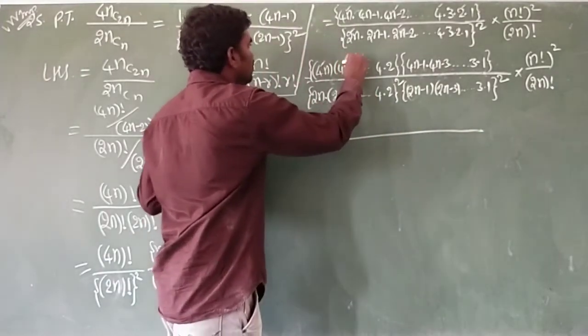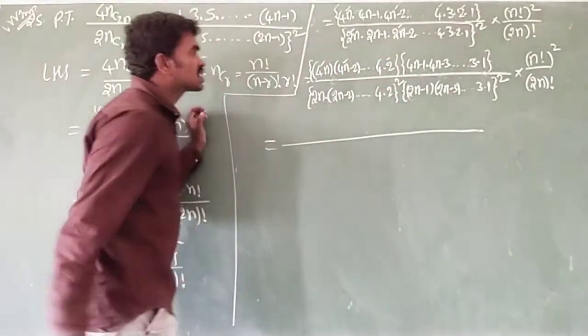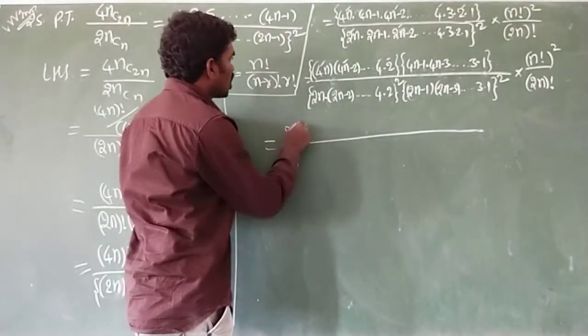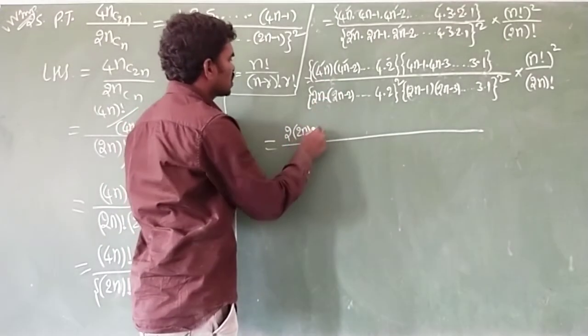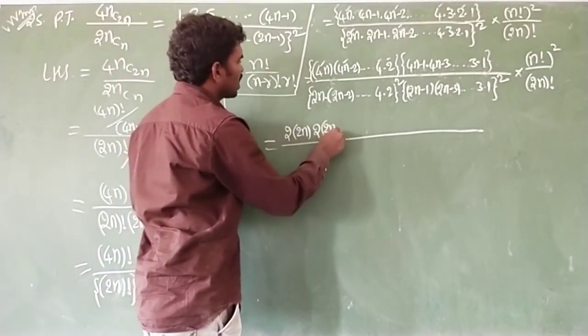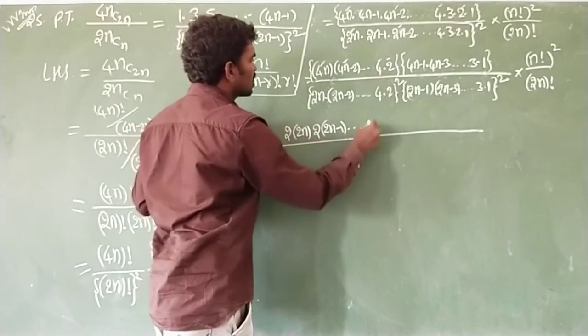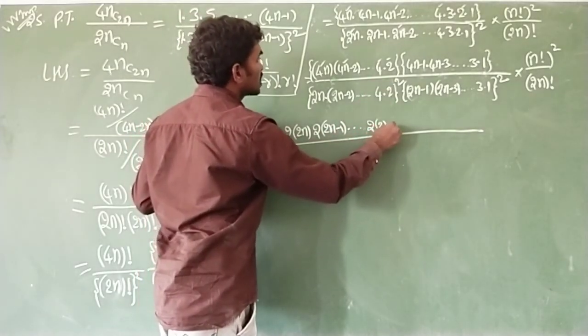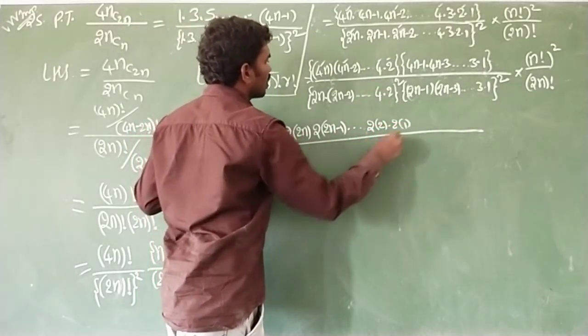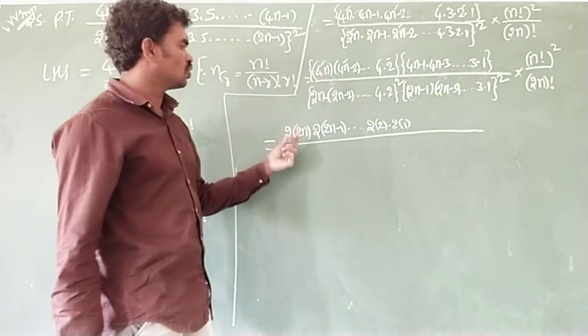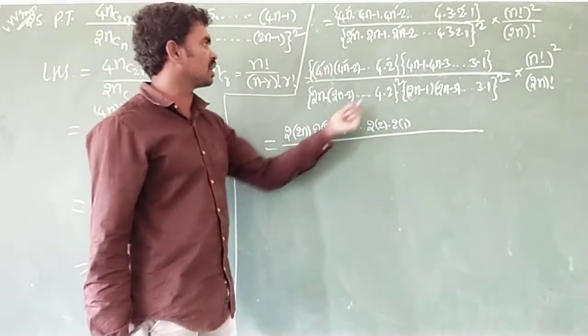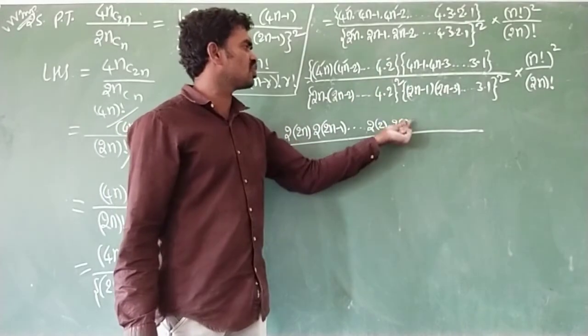See, in each and every even term, you can take 2 common. So take out 2 common, we get 2n. In this take 2 common, we get 2 into 2n minus 1, and so on. In this take 2 common, 2 into 2. Next, 2 into 1. In 4n, 2 common. In 4n minus 2, 2 common. In 4, 2 common. In 2 also, 2 common.